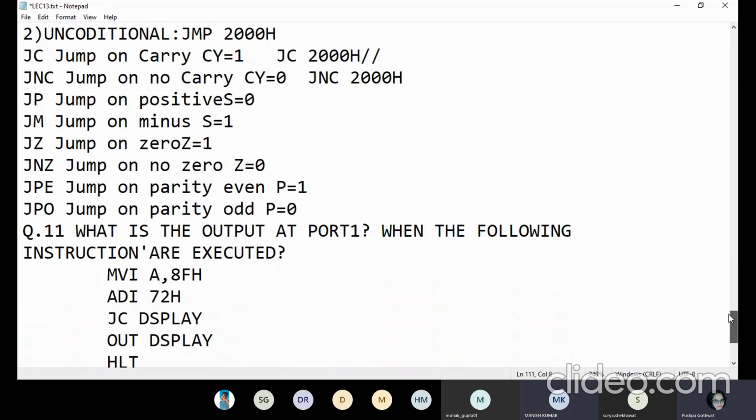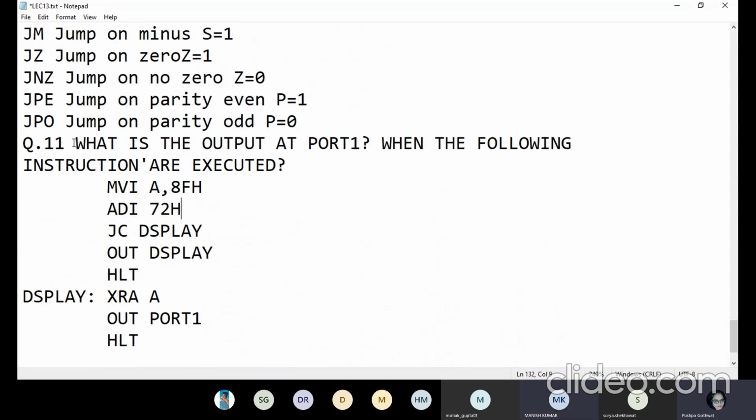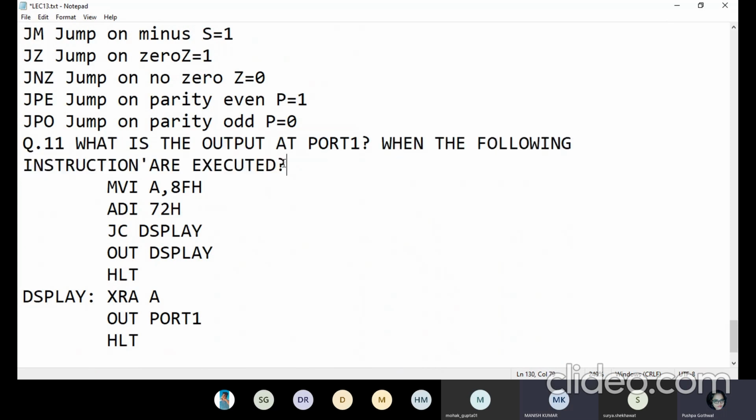Okay, next is the last one. What is the output at port 1 when the following instructions are executed? Port 1 is the label of the output port. In these instructions we have to find out what output will be at port 1, so we execute line by line.